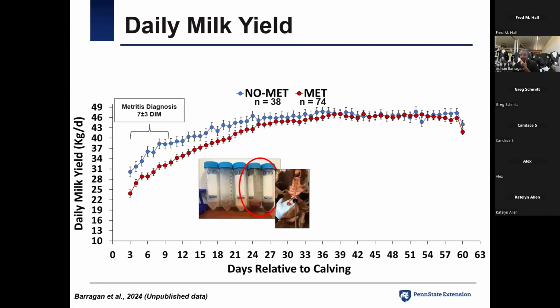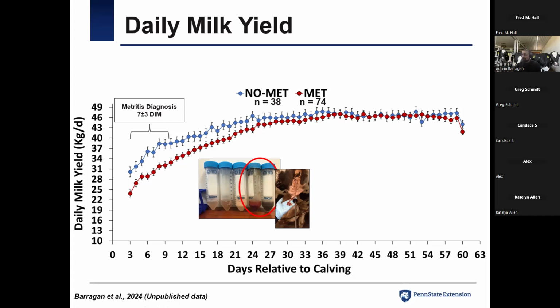However, when we look at the daily milk yield, and here is some data from a few studies that I aggregated, where you can see the cows without metritis and the cows with metritis, there is a clear difference, especially while the disease is ongoing. After that, it doesn't appear to be that meaningful. It's usually around the disease and the healing time for the disease.